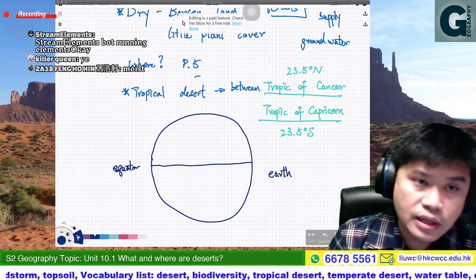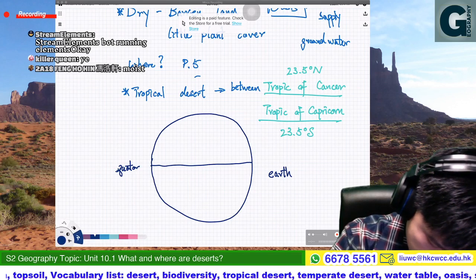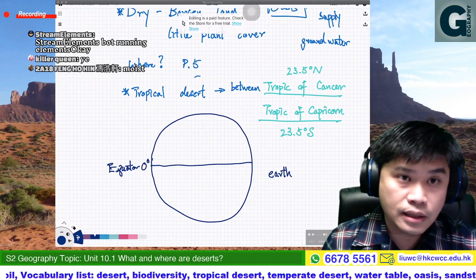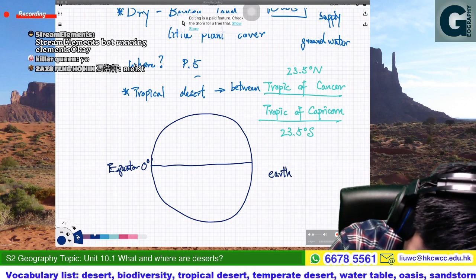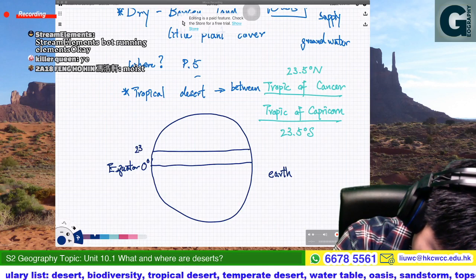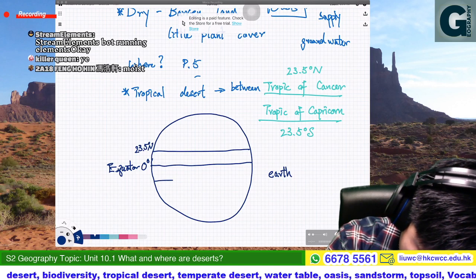The latitude of the equator is 0 degrees. Then the Tropic of Cancer is 23.5 degrees north. And then the Tropic of Capricorn,